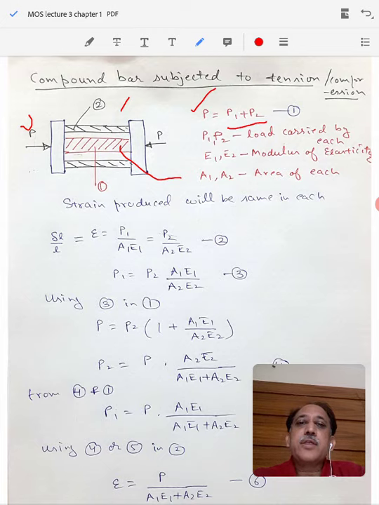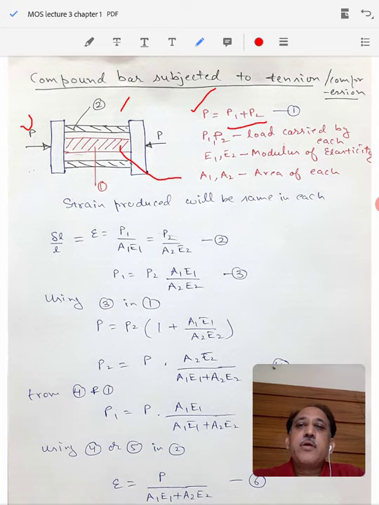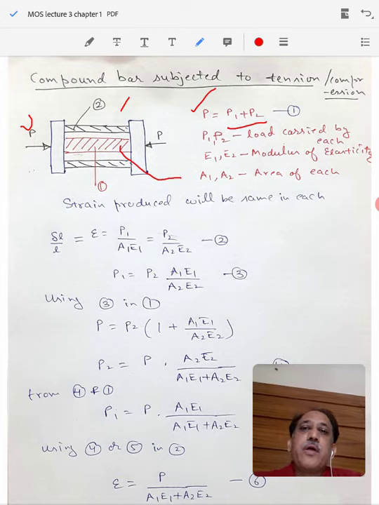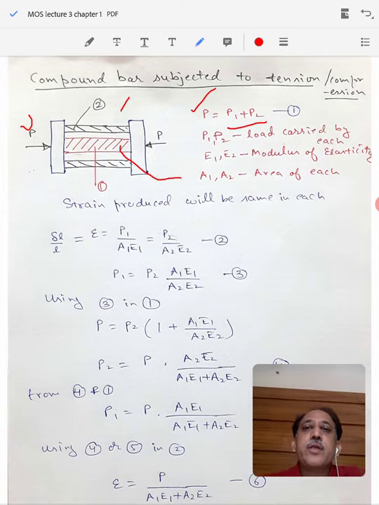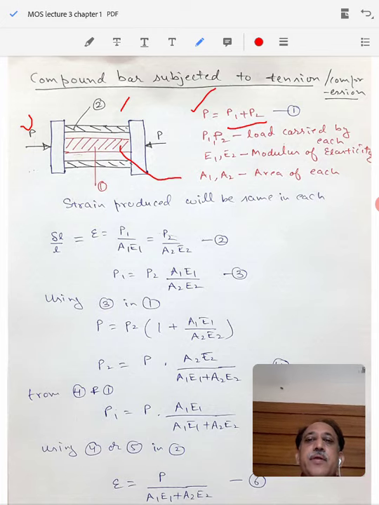You can calculate the cross section area for the middle component as well as the outer tube. For the middle component, if it is circular, it will be simply pi by 4 d square. For the outer tube, it will be pi by 4 (d1 minus d2) square, where d1 may be the outer circular diameter and d2 may be the inner circular diameter of the particular tube. So you can just simply have pi by 4 (d1 minus d2) square, or pi by 4 (capital D minus small d) square, whatever notation you choose, and you can calculate the area for the tube.